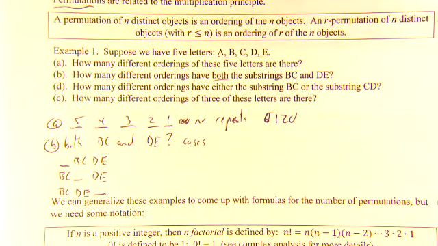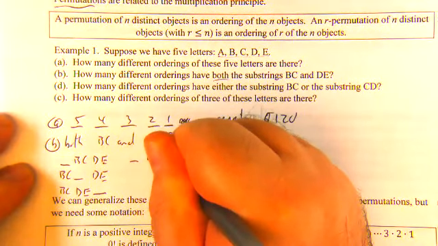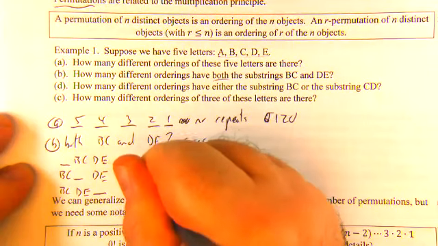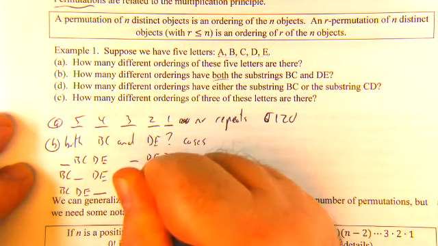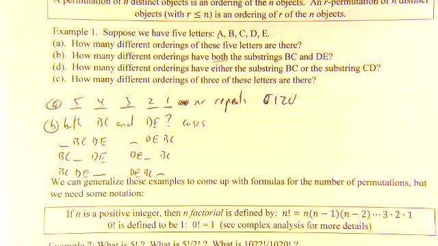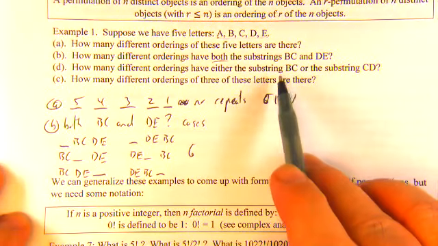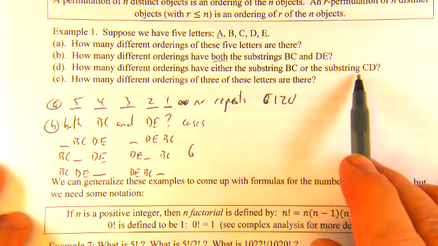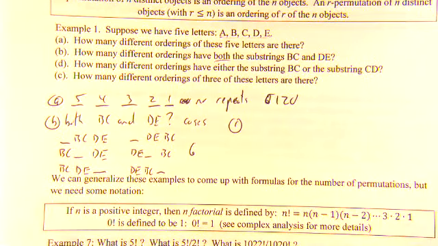But there's 3 more possibilities because we could flip the DE and the BC. So there's actually 6 different cases for where you can put the A, because it depends on which order you put the BC and the DE in. So 6. Either the substring BC or the substring CD. Well, the substring BC